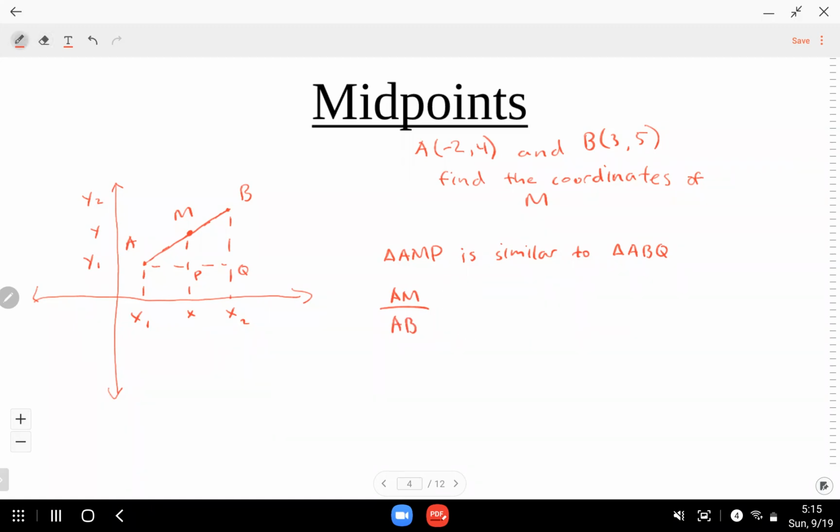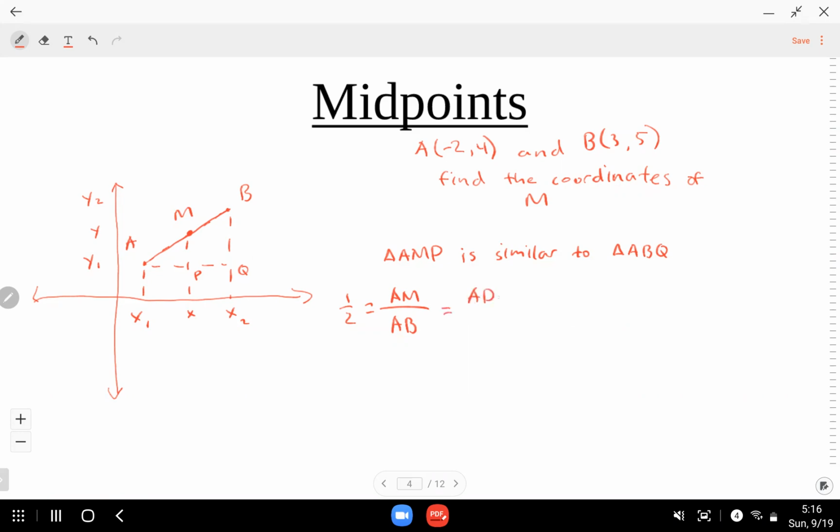And we can also say the same for AP and AQ. Since AM and MB are congruent, AM over AB is 1/2, and using the knowledge that AMP is similar to ABQ, we can conclude